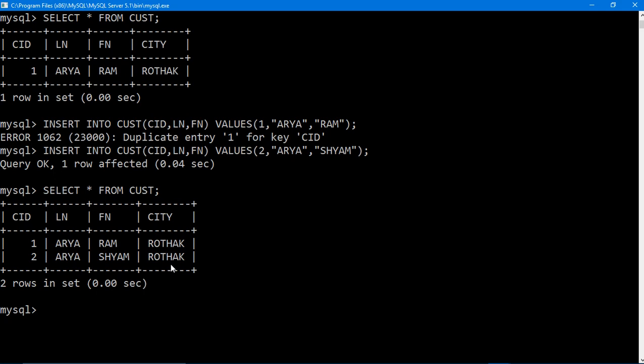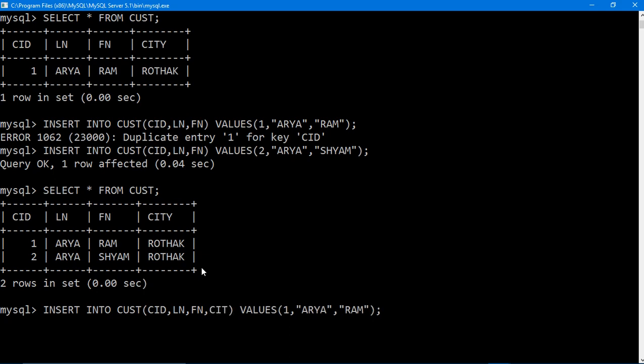Now let us say I want to add another one. Let me check this constraint also. CID we have checked, which means the unique constraint is checked. City we have checked. It comes by default. One more thing I want to tell you about the default constraint: if you want to change it, say some customer has come and his default is not Rohtak, then what should be done? So here, if I want to add a different city, either you add here